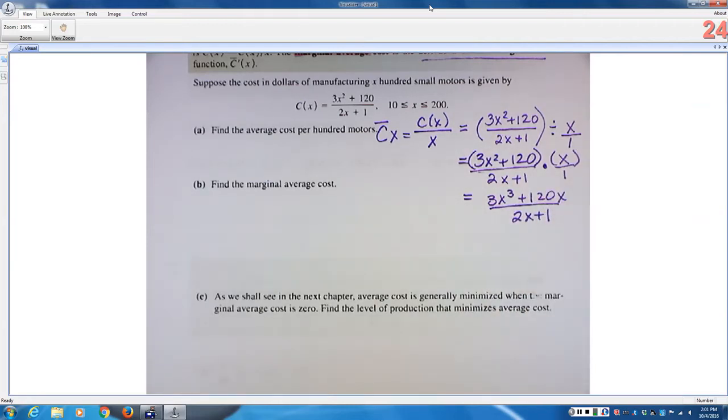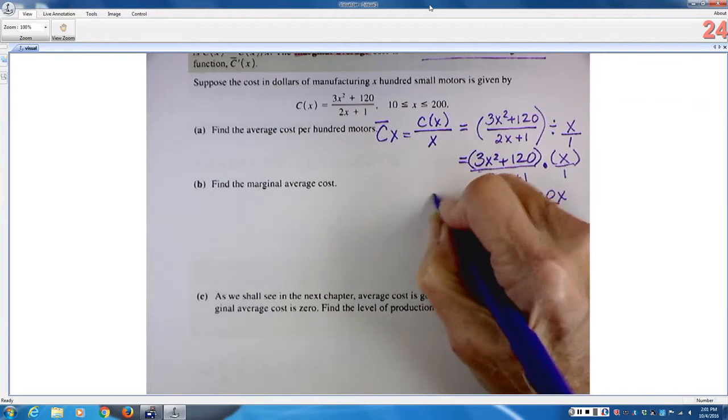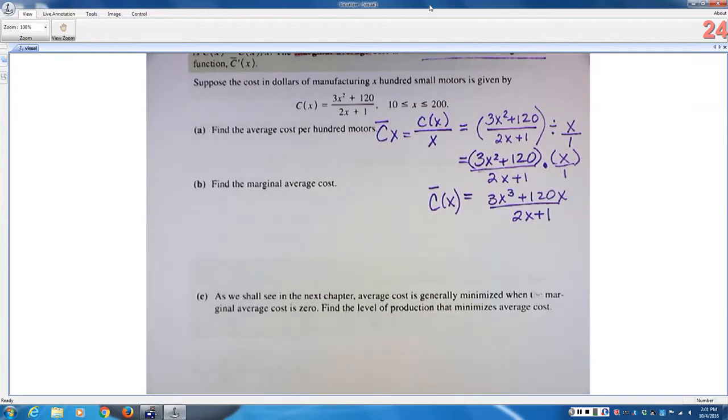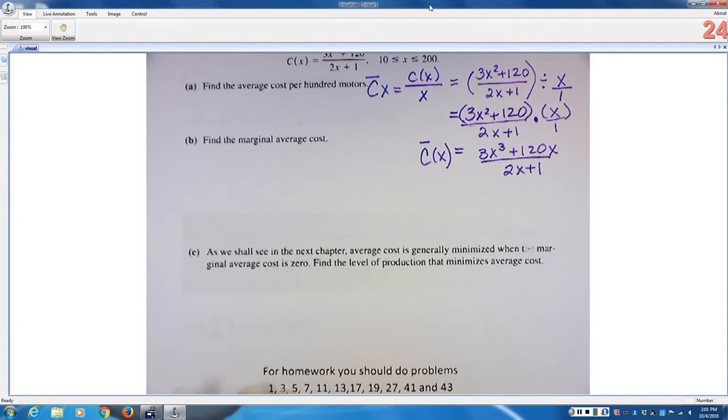So this is my average cost function. It's C of X over X, but this is algebraically simplified because I don't have a way to deal with 3x squared plus 120 over 2x plus 1, all divided by X. Because you have X to begin with, and it's X over 1, the reciprocal should be 1 over X, is that